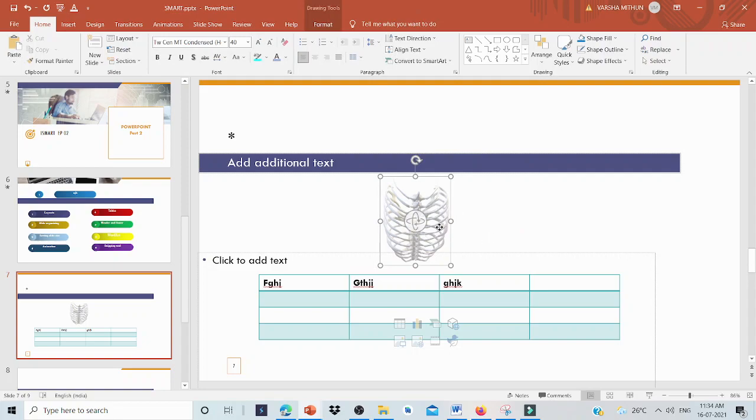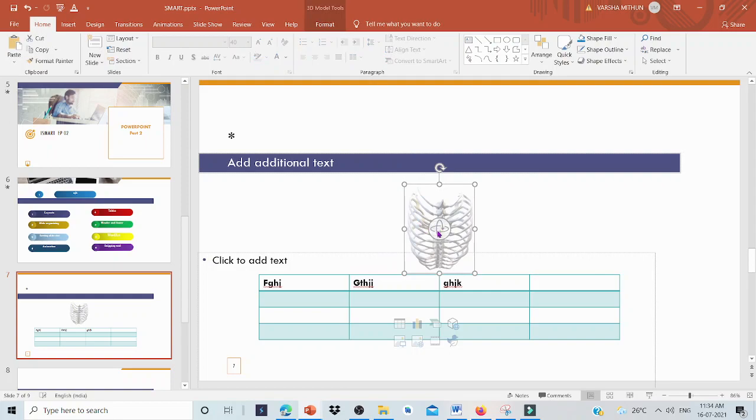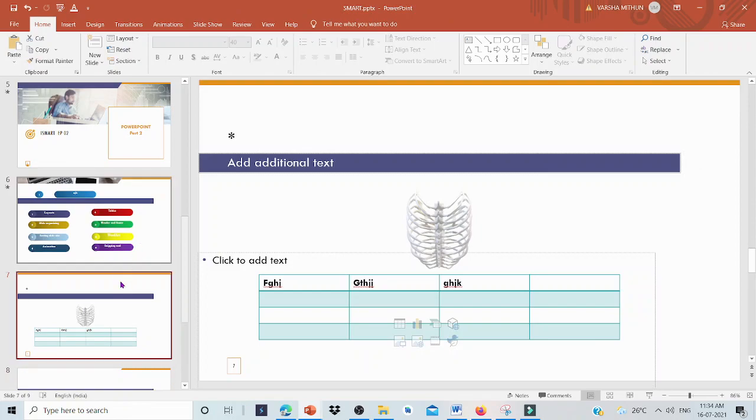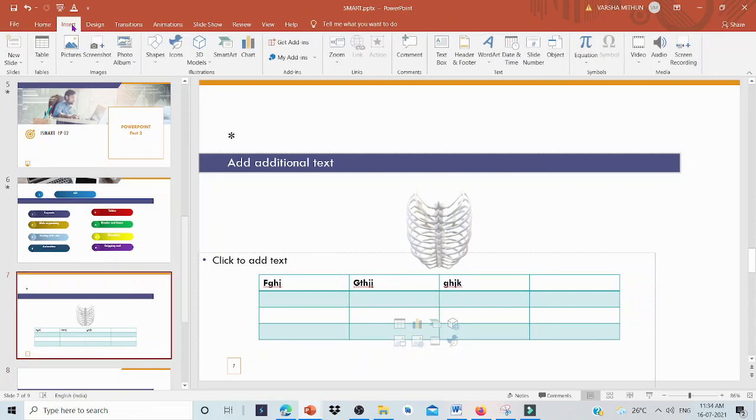We can change the directions like this. We can import any other 3D models. There are many models for chemistry and anatomy available. And one more thing, I have used a 3D model in this slide. This eye is a 3D model. I just searched for eye, and we can get many types of eyes. These letters are also available in 3D. So this one is quite interesting, right? So this is about inserting 3D models.